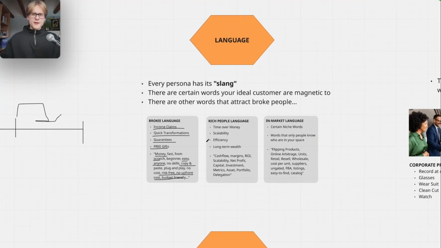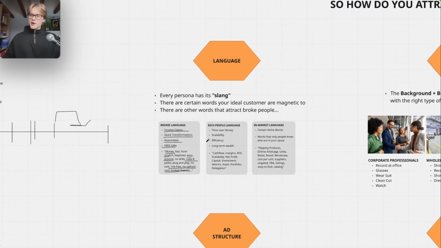A lot of people think this is great copywriting, but it's great copywriting for a market which hasn't got very much money to invest, to be honest. If I'm saying, literally anyone in the world can generate more than $100,000 from scratch with no experience if you just follow my plug and play system, which is completely copy and paste.